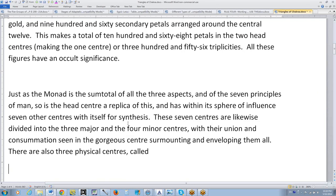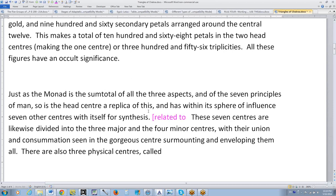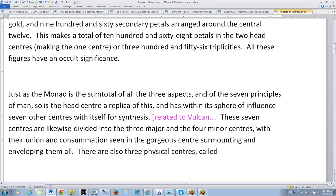Just as the monad is the sum total of all the 3 aspects and of 7 principles of man, in a way the 7 principles all emanate from the monad, so is the head center a replica of this, and has within its sphere of influence 7 other centers with itself for synthesis, and these are related, I would say, to Vulcan, which has a relationship to these 7 head centers just the way the stars of the Great Bear have a relationship to the 7 head centers in the one about whom naught may be said, a super